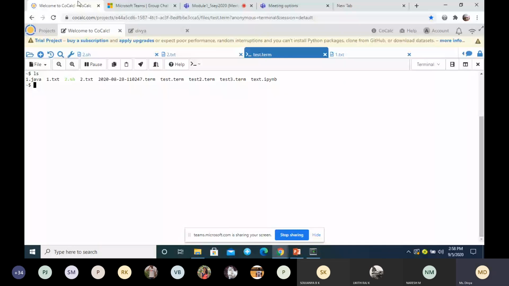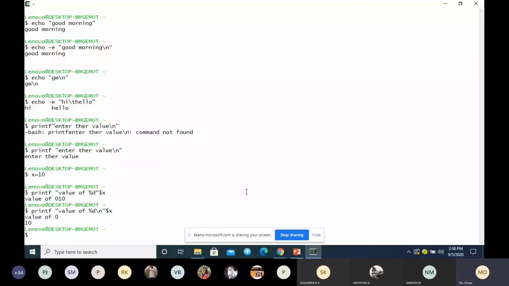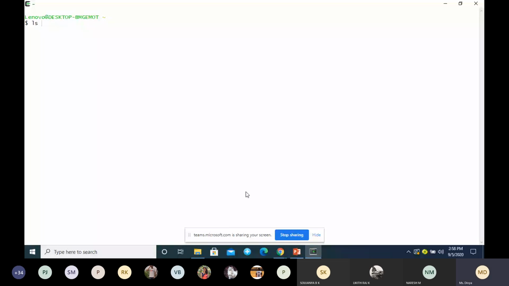Suppose I want to list all the files which start with the name TES. It is having the file name TES, and after that it can be test1, test2, or test name or test new, anything.